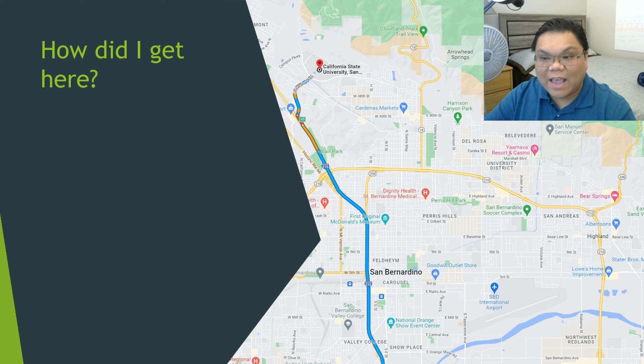But the answer that I would traditionally give is I just drove north on the 215, exited on University Parkway, parked my car in the parking lot, walked over to the classroom, and that's it. That's how I would get here. Of course, I'm at my home right now, so it doesn't really work the same. But I've since turned that answer on its head by taking the train instead.